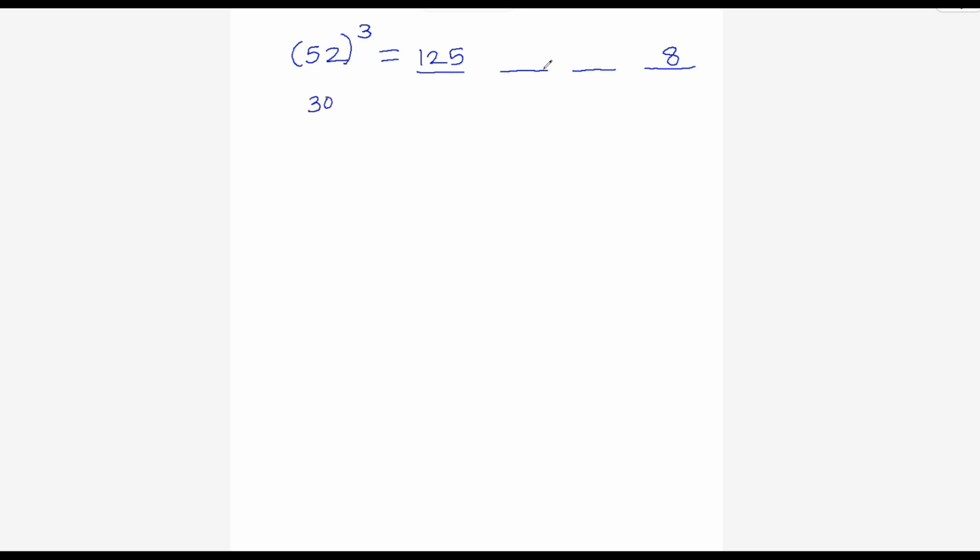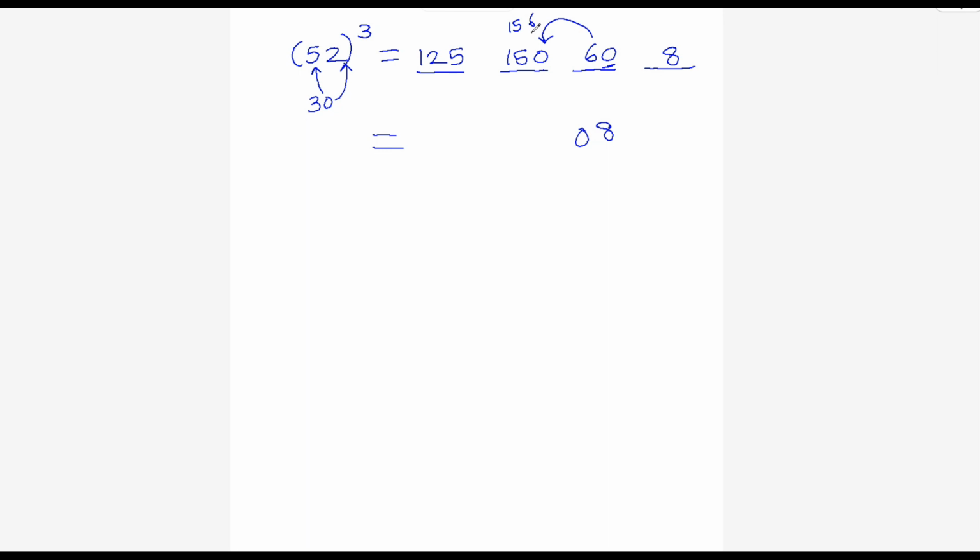Now, to get this part of the answer, multiply 30 and 5, which gets us 150. Write it here. And to this part, multiply 30 by 2, which is 60. Again, the same step. Write only the unit places. 8 is single digit, write as it is. Now here, 60. Write the unit place alone. 0. Take the 6 to the next place.